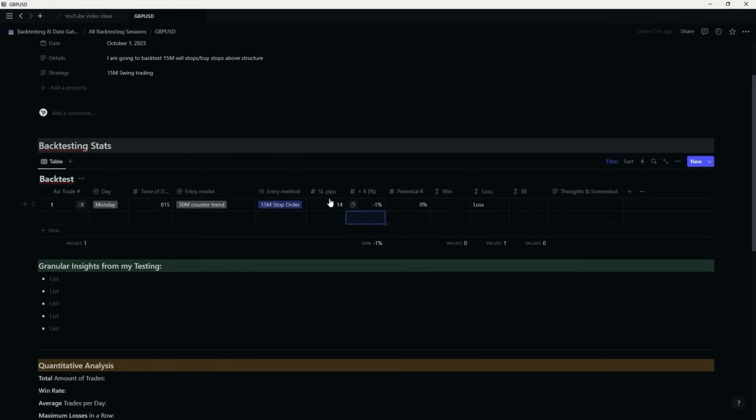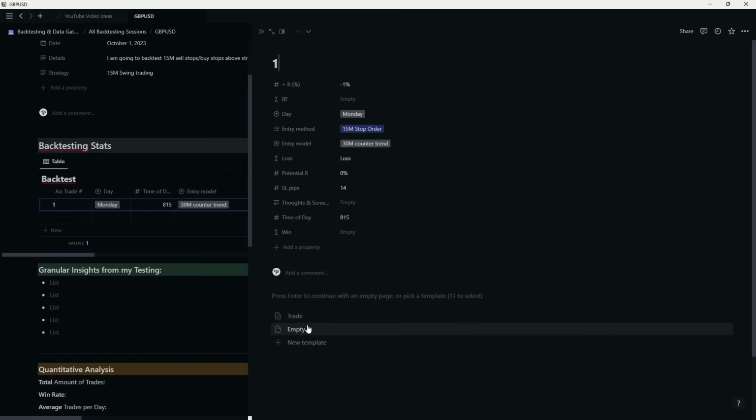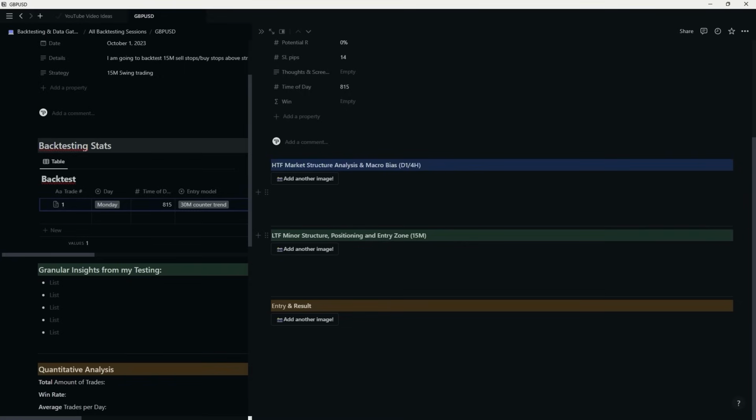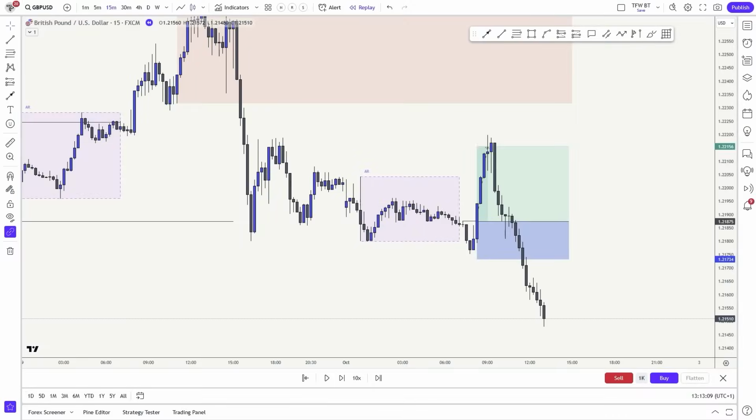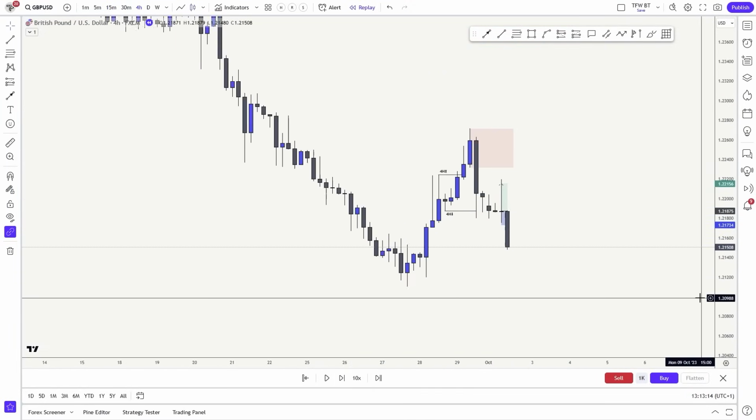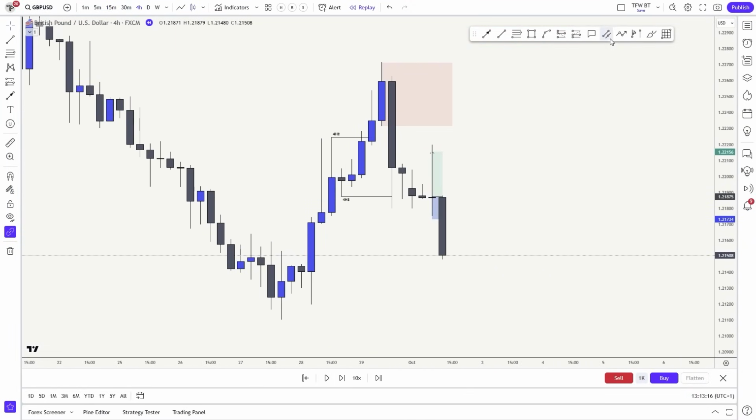Then what you want to do is go here and click trade. When you click trade, another page is going to populate once again. Just wait for it. So there it is. What you have right here is higher time frame market structure, lower time frame structure, and then entry and result. Here you go back to your chart, and you take a screenshot of your thought process. So here you screenshot this, or maybe you add an